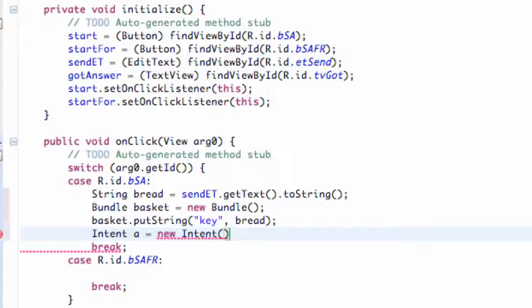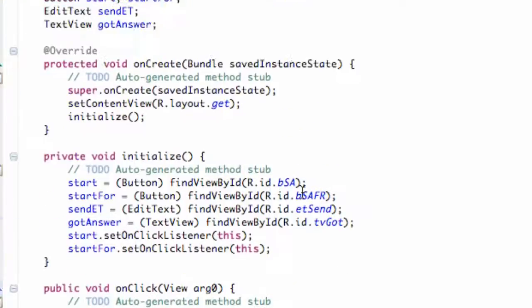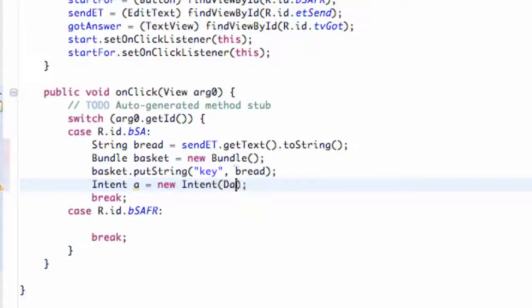As always, we say new intent. But this is going to be a little bit different in its parameters. Instead we've got to give the context, and then say what class we want to open. So we're going to say the context of this class, which is called data, so data.this, comma, and then the class name that we want to open. And so we're going to say open class